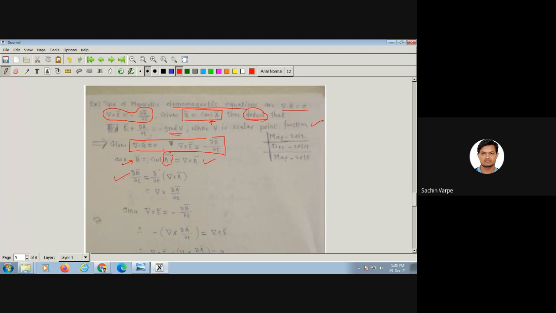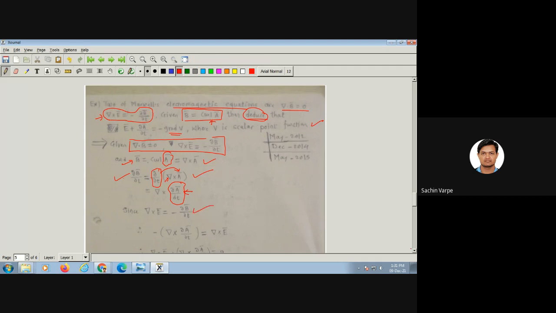∂B bar/∂t is equal to ∂/∂t of this. The derivative ∂/∂t goes inside, and that will differentiate ∂A bar/∂t. This is also a differential operator, but we can interchange the derivatives, if you remember, right? I am taking the partial derivative with respect to t inside, and del outside. And this is given to be, no, actually, del cross E bar is given to be minus ∂B bar/∂t.